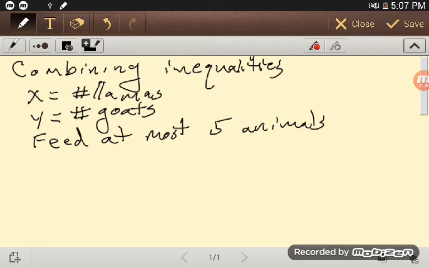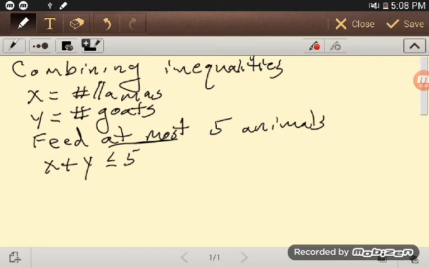And so I can write that algebraically as, well, the number of llamas plus the number of goats has to be less than or equal to 5, because you see it's at most 5 animals. So x plus y has to be less than or equal to 5. And we could also have something else that says, well,